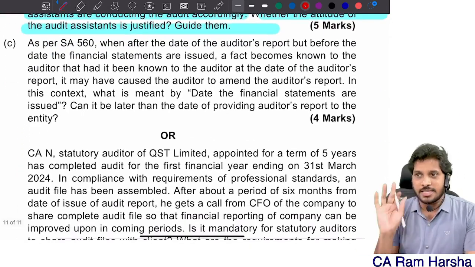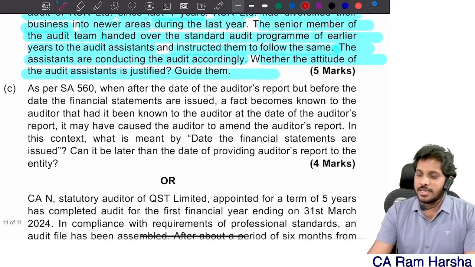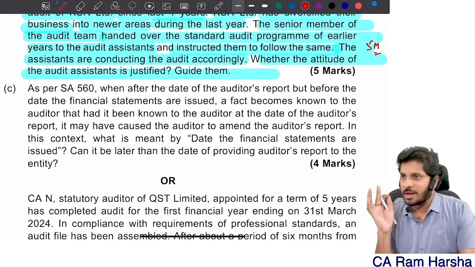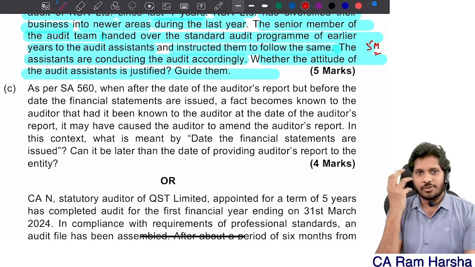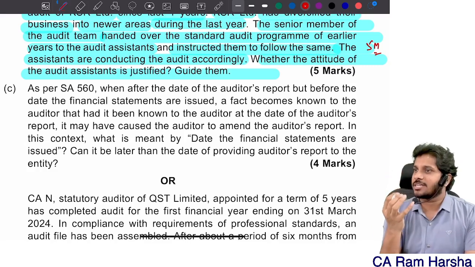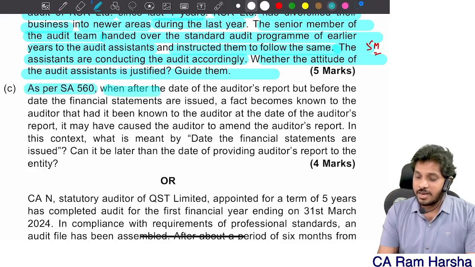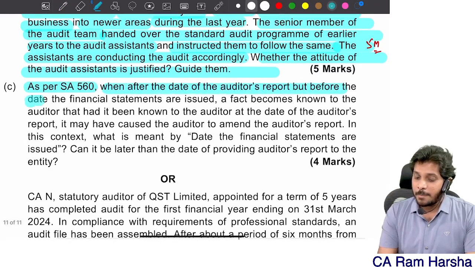Next, you read that later. This question also you read. Approximately 5 to 6 questions in this question paper are a bit different from our expectation, so hardly 30 marks. Next, as per SA 560, when after the date of audit report,